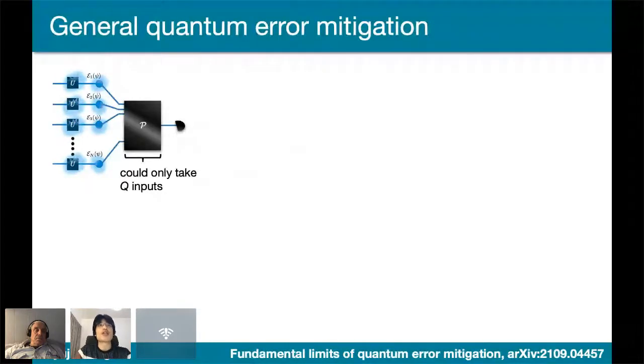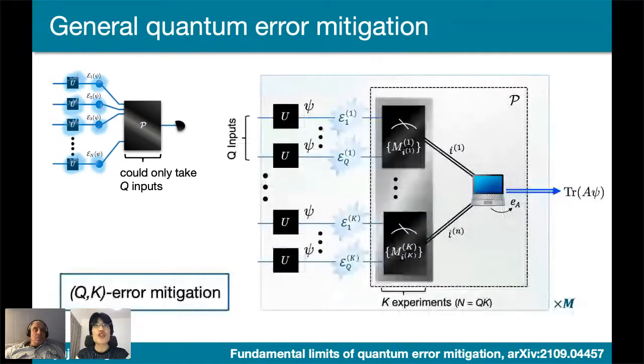This quantum process might have access to only up to q number of inputs, where this large q is some number that depends on the situation. In that case, this quantum process P can only maintain your quantum coherence or entanglement up to q copies of your inputs. So in such a case, it makes sense to consider